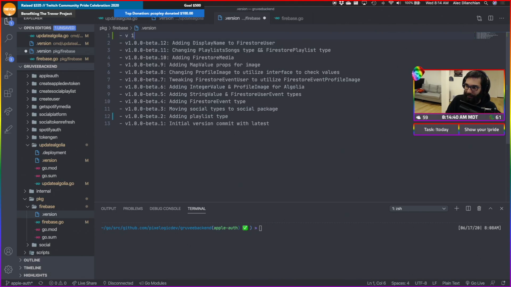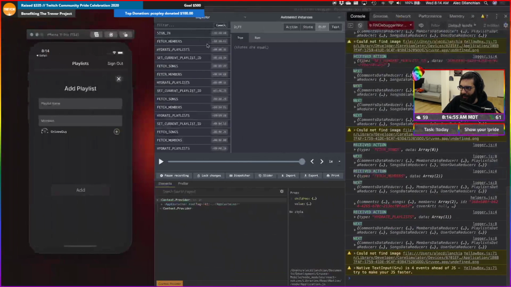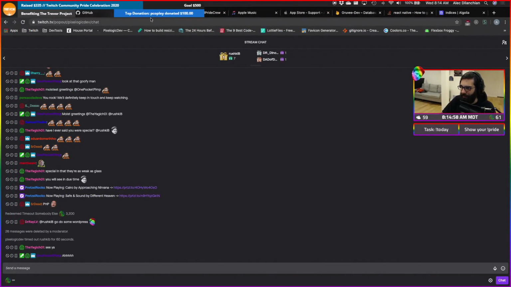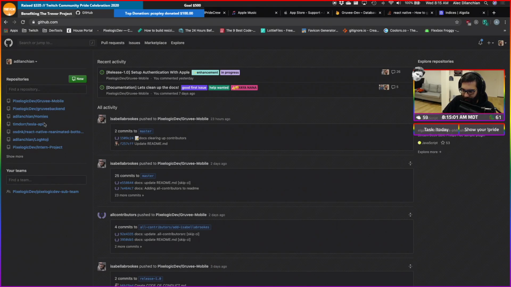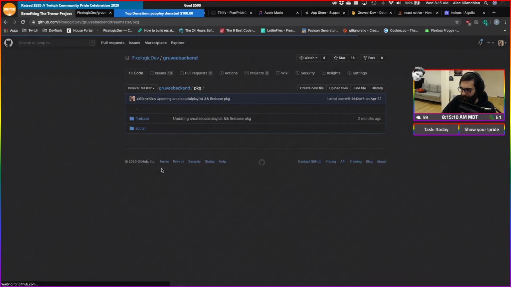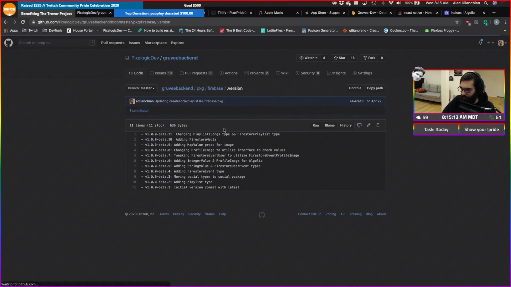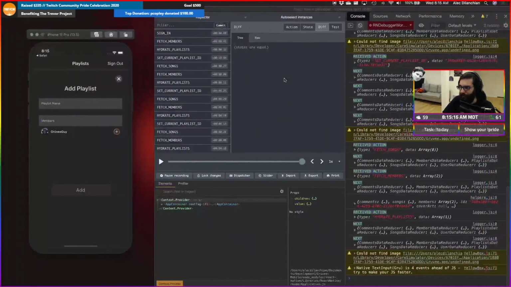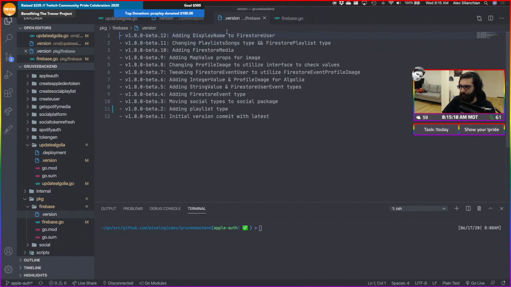Okay, so we need to add this as well. v1.0.0-beta.13. What version are we on in GitHub? That's what we need to check, because we actually might not need to rev it yet if we haven't brought it up there yet. Package Firebase version 11. Okay, cool. So we don't need to rev this yet. I'll sell in version 12.